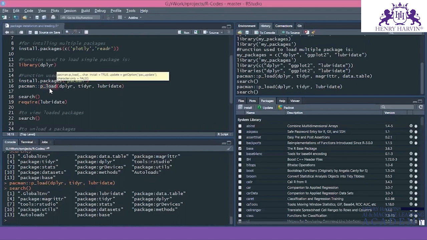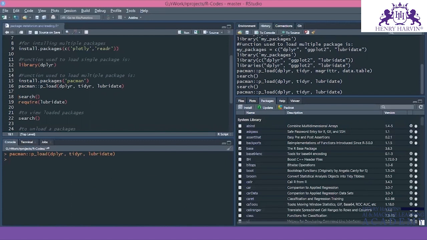That is, we want to load these packages from the package pacman, and within the bracket you can write the name of the packages that you want to load in that session. So let's run this command. So what we have done is we have loaded the packages